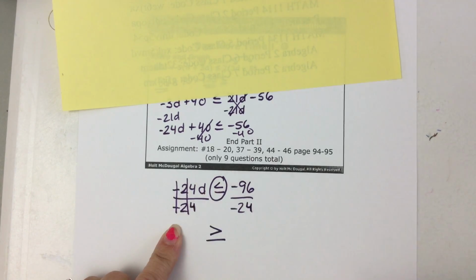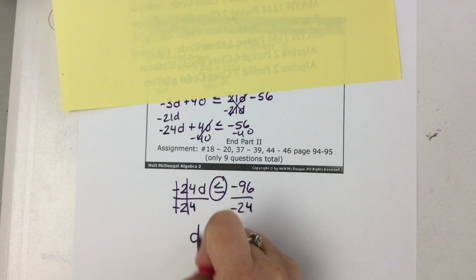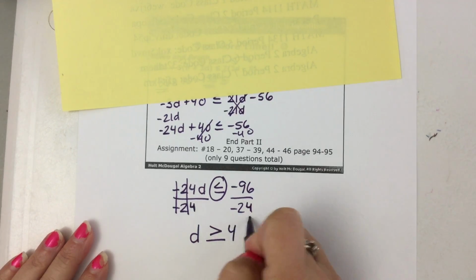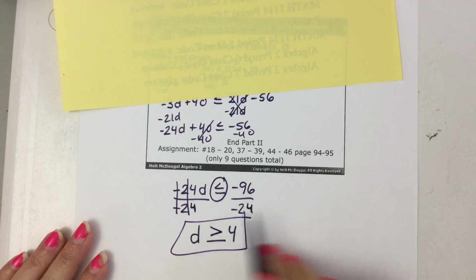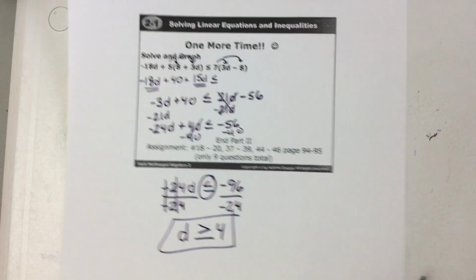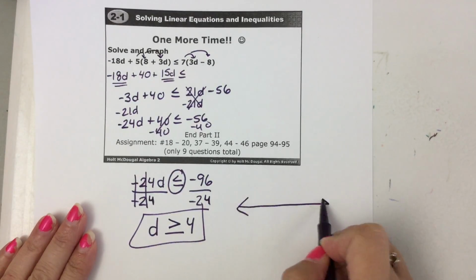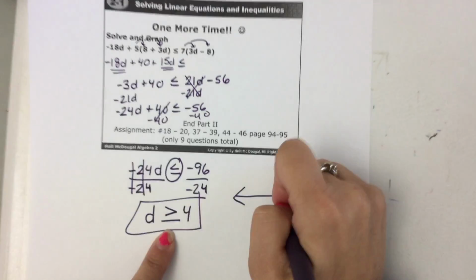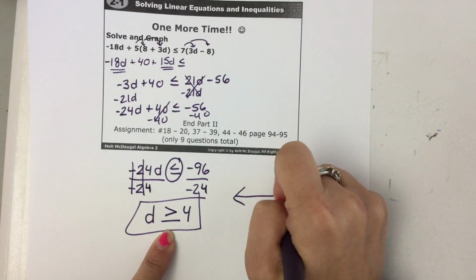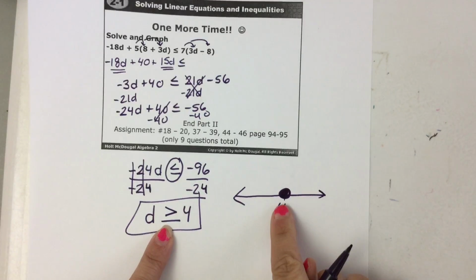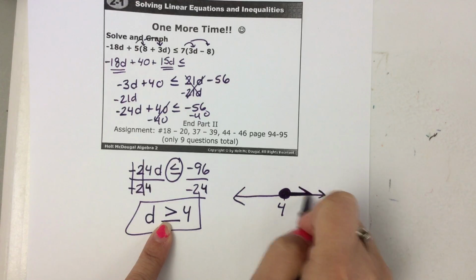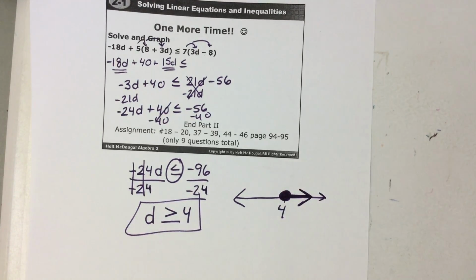Negative cancels negative, 24 cancels 24. So d is greater than or equal to negative 96 divided by negative 24 is positive 4 because negative divided by negative is a positive. Now if I go to graph this, 4 is the number that I will have a circle on. Again, this is a filled in circle because it's greater than or equal to, so it includes that 4. D is greater than, so you shade to the numbers that are larger than 4, meaning you go to the